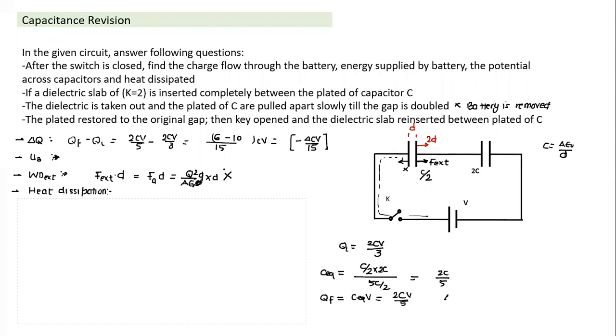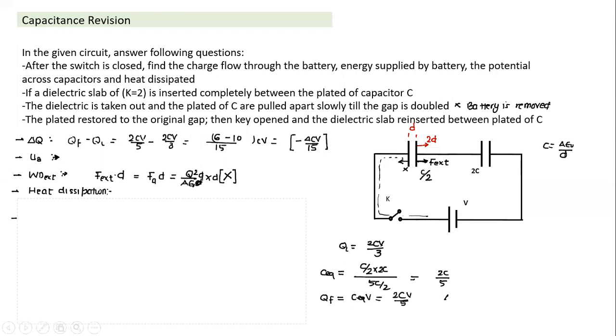If the charge is not constant here, can we still calculate work done? Can we say change in potential energy is the work done? I am coming to it one by one. Change in potential energy is equal to work done. Can we say that the work done is only going into change in potential energy? Think of it and tell me.